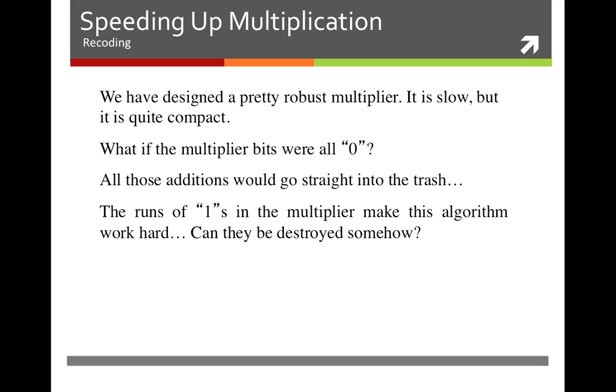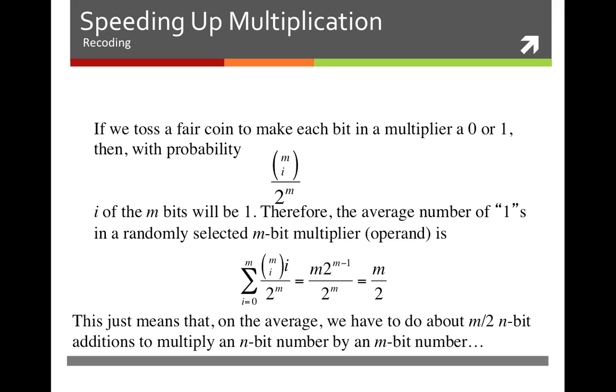Ones kind of behave symmetrically to zeros. And so if you have a bunch of ones bundled together in your multiplier, these are the bits in your multiplier, you can also create some mechanisms by which you can reduce the number of additions essentially to 2. So that's what recoding is all about. But before we do this, let's